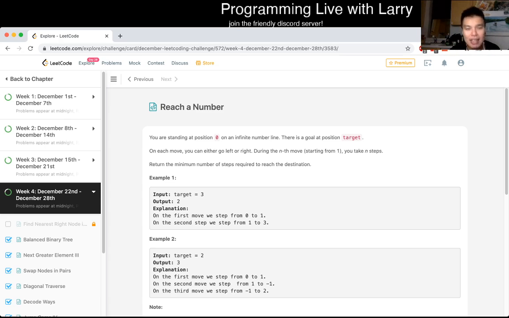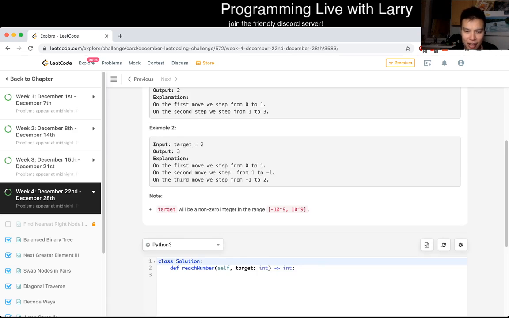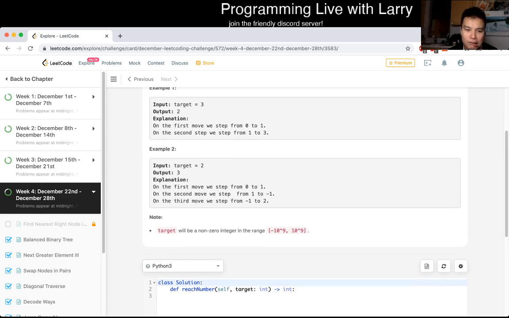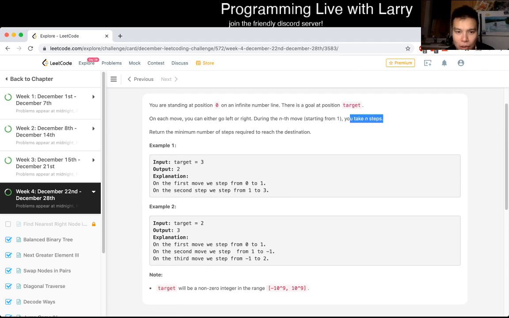Anyway, today's problem is Reach a Number. So you're standing at position 0 on an infinite number line. There's a goal at position target, so you could go left or right, and you take n steps. Return the minimum number of steps required to reach the destination. That may be it. So we have to figure out the recurrence,